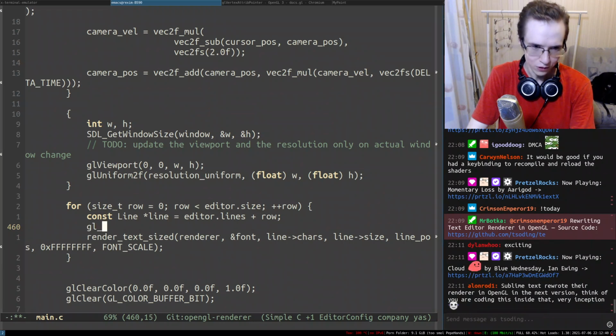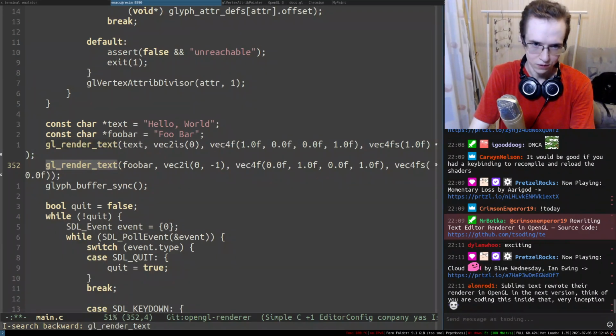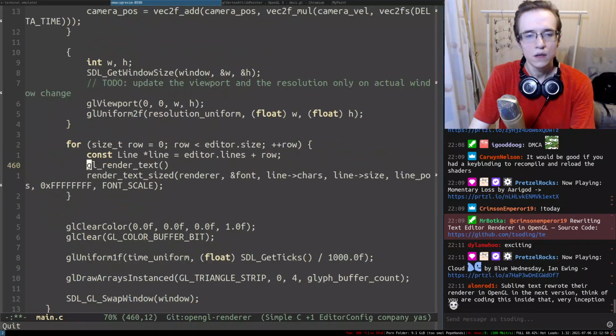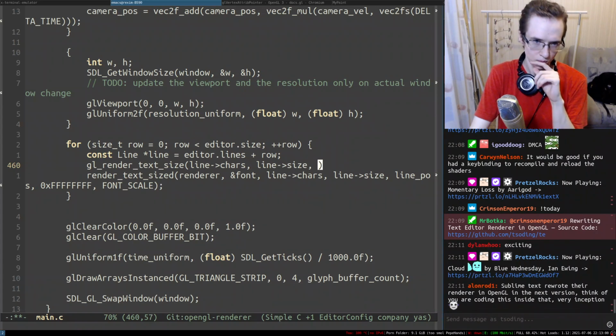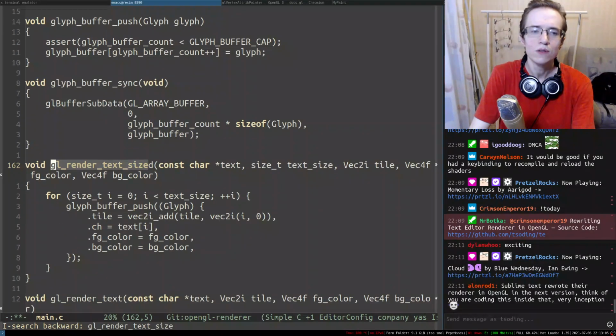So what we need to do in here is GL render text. All right, and in here, what's the signature of this entire stuff? So I provide the line. It actually has to be sized. Characters, line size, it's the amount of characters. And I keep forgetting what's the stuff in there.